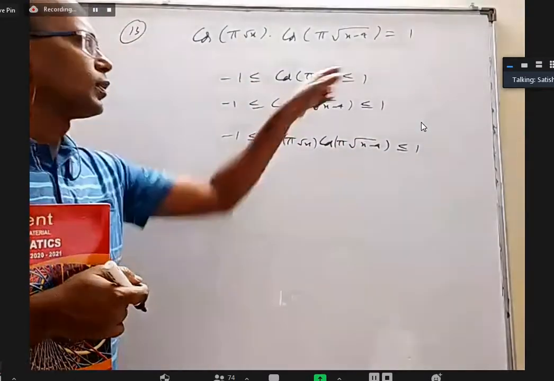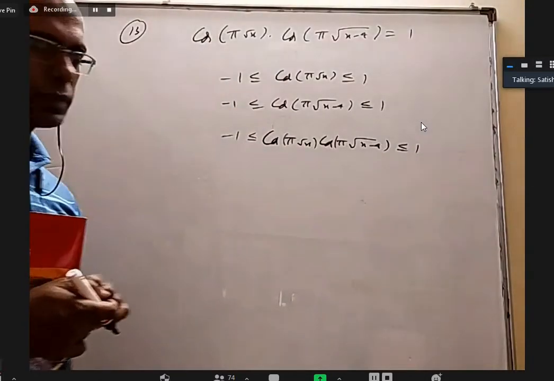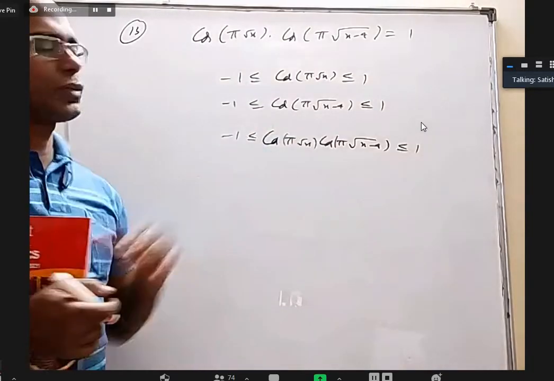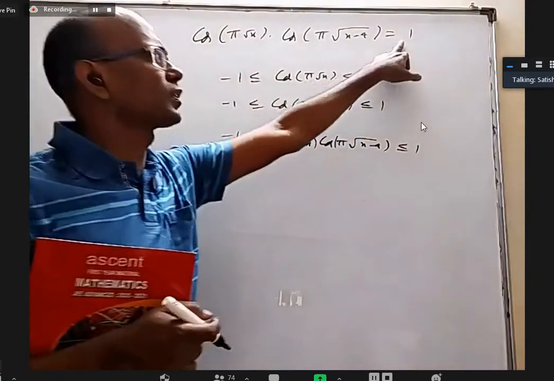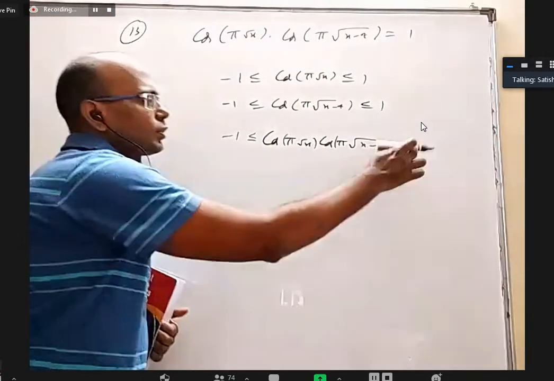If you want the minimum, one of them will take the maximum and one of them will take the minimum, then the product will be minimum. Okay, especially when you take positive versus negative. So 1 into minus 1 or minus 1 into 1. They can also give another question equal to minus 1, find the solution also. Anyway, right now if you want it equal to 1, there are two cases.